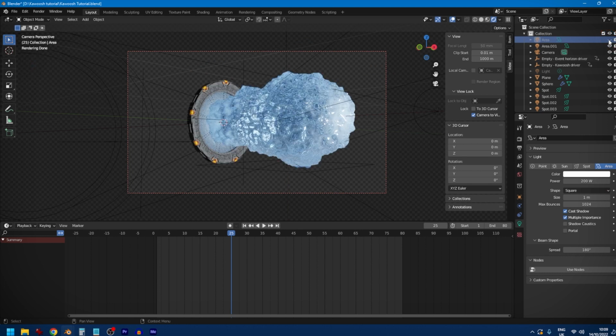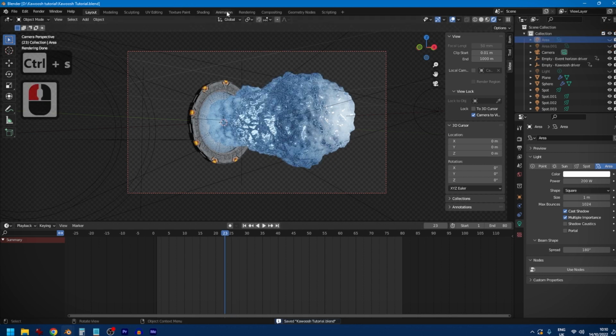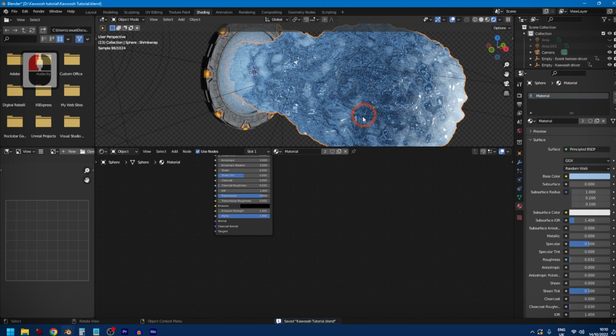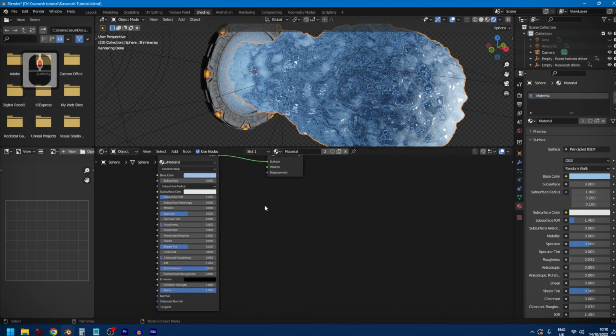You know what? I think it might look better without that light on actually. So I don't think that looks too bad. Just going to try putting some emission into the material. So if you Shift A and then search BSDF,